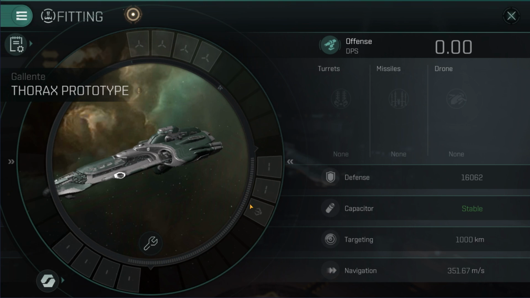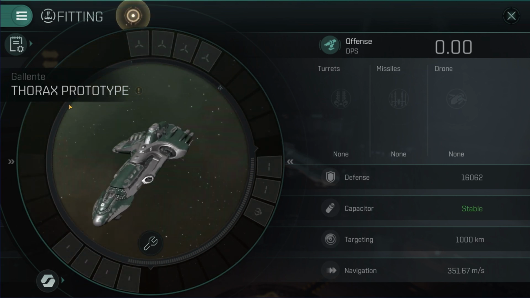There's nothing fitted here. What we're looking at here is that you get 4 what are called high slots. This is the Thorax prototype. It's a cruiser, a prototype cruiser you can get early on. So you get 4 high slots. You get 2 of what are called mid slots. This is a drone bay for a drone. You get drones on